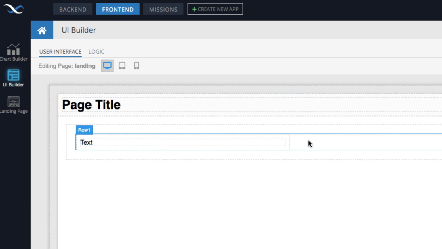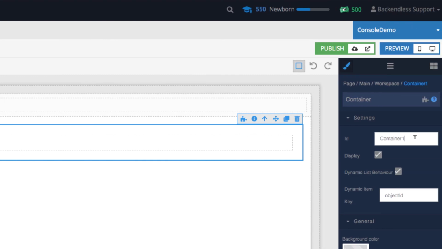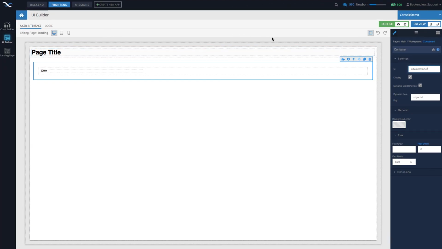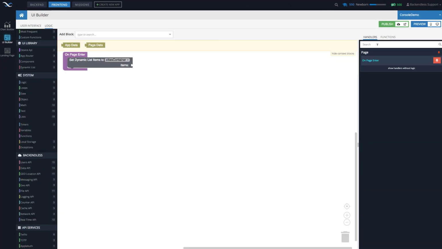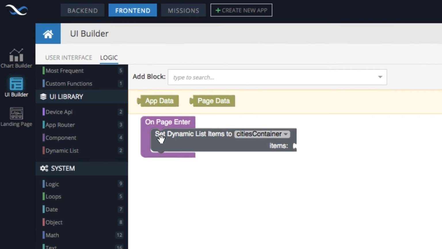So select the container, and let's call that container cities container. And let's return to the events for the page. So now we see we have the set dynamic list items to cities container.